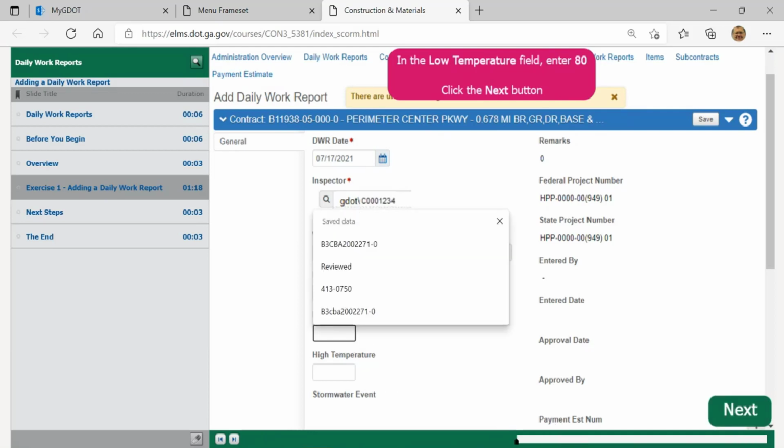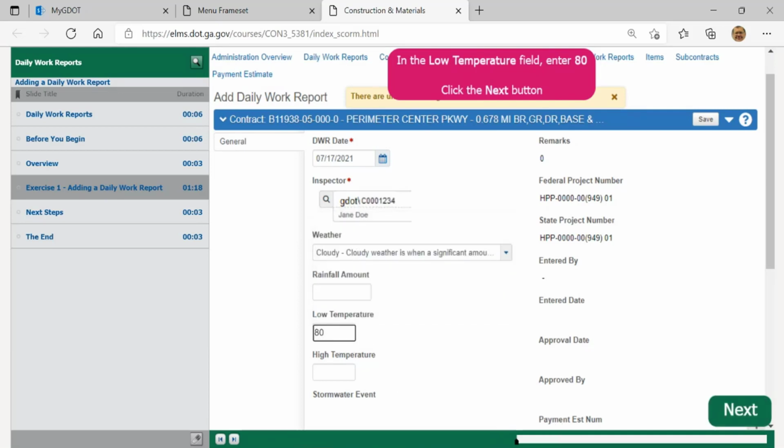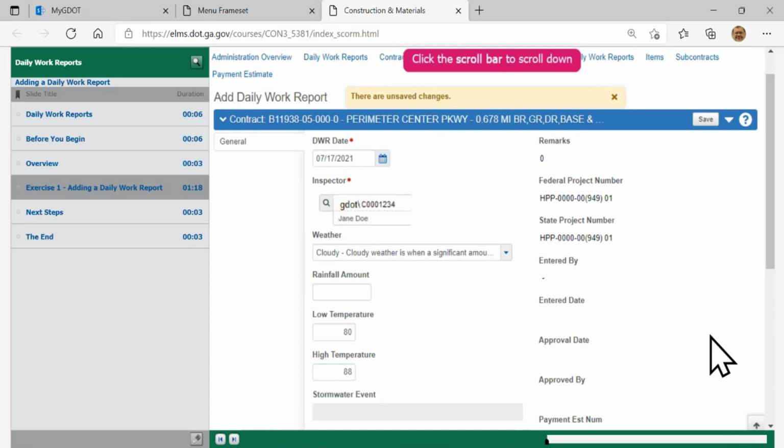Click in your low temperature box and type in 80. Hit your enter key to move down to the high temperature, or click the next button. For the high temperature, let's put the high temperature as 88. Click on next. And that allows you to input that information as you're working through it.